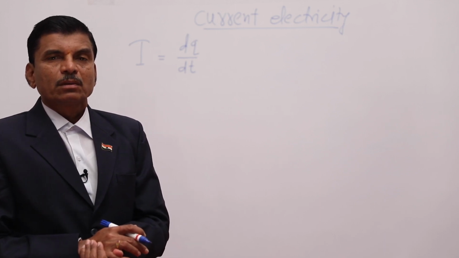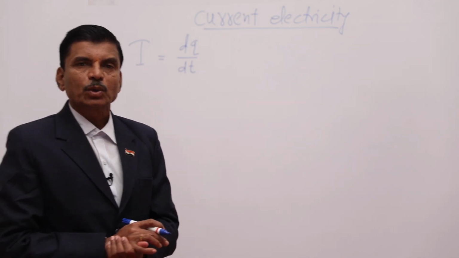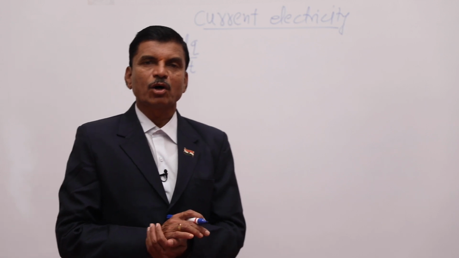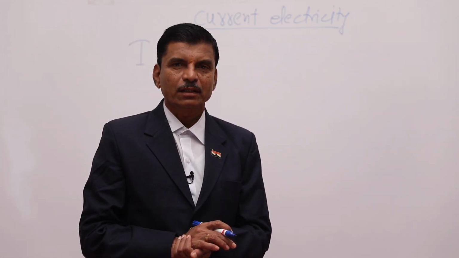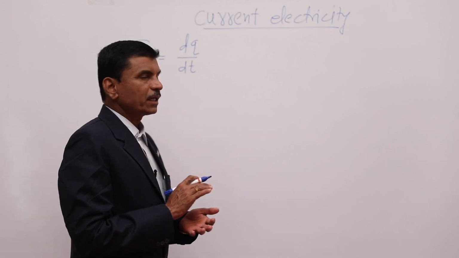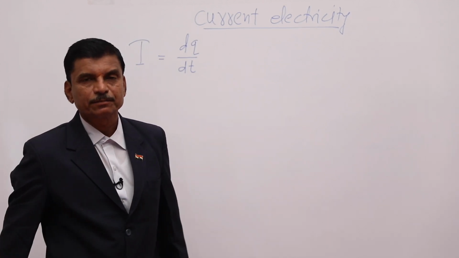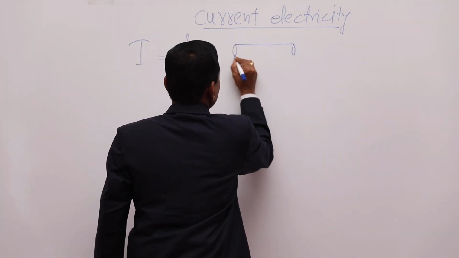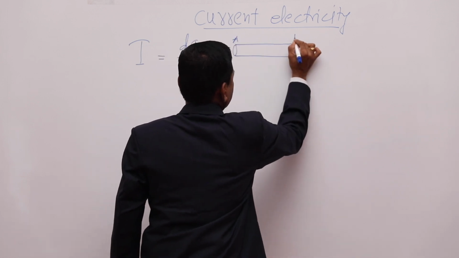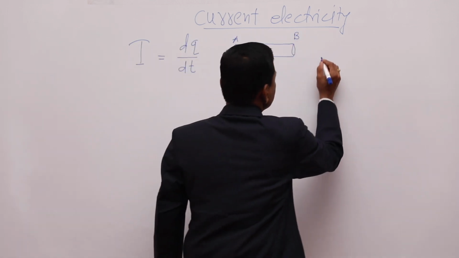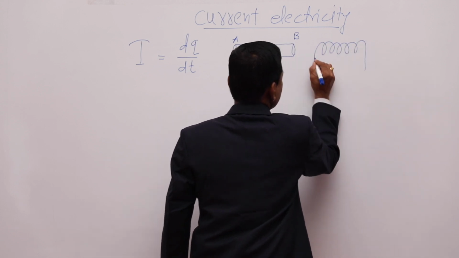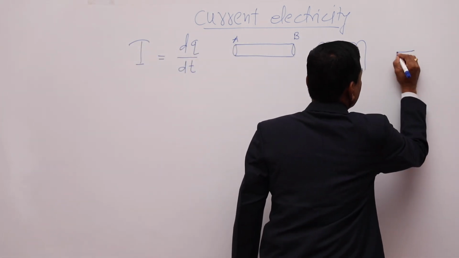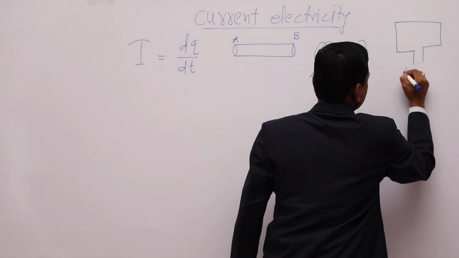Now, electric current can easily flow through conductors. All metals are good conductors of electricity. Why? Because all conductors contain a number of free electrons. Let us consider AB is a conductor. Let this be the conductor, or its shape may be different, or it may have another shape in this way. AB is a conductor.